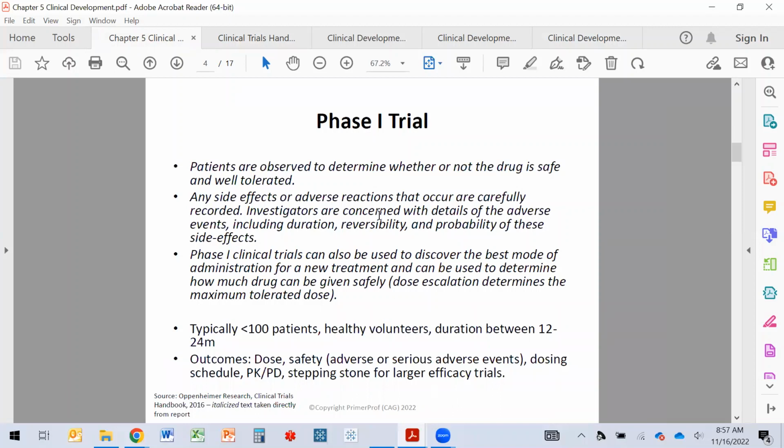So phase one trials. The patients are observed to determine whether or not the drug is safe and well tolerated. Phase one primarily deals with safety, not necessarily efficacy. We'll come to efficacy in a minute. Any side effects or adverse reactions that occur are carefully recorded. Investigators concern themselves with details of adverse events, how long they last, whether they're reversible, and what's the